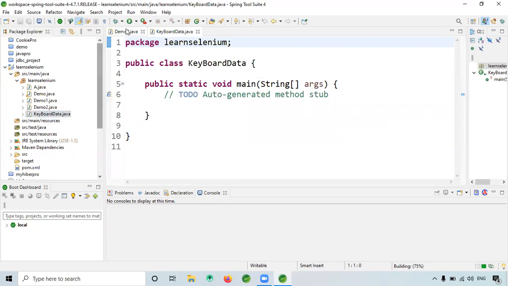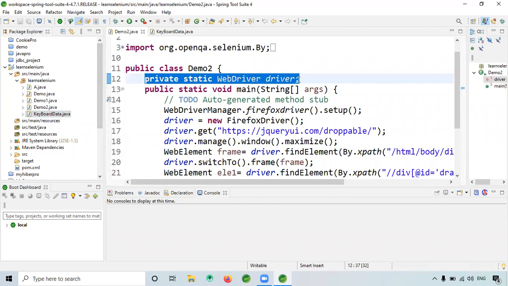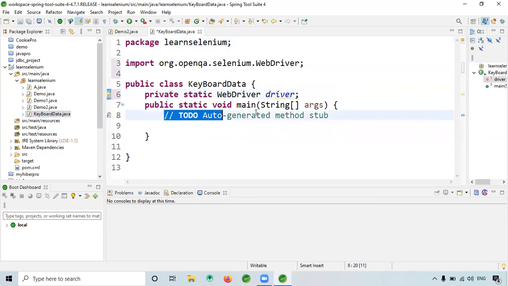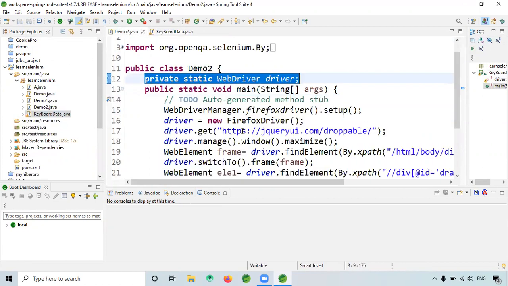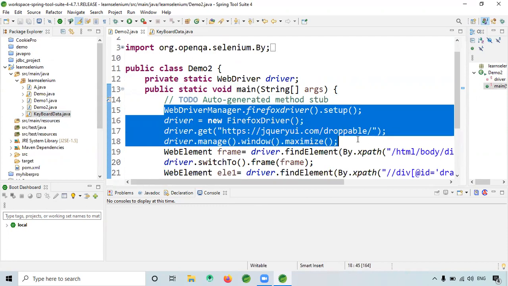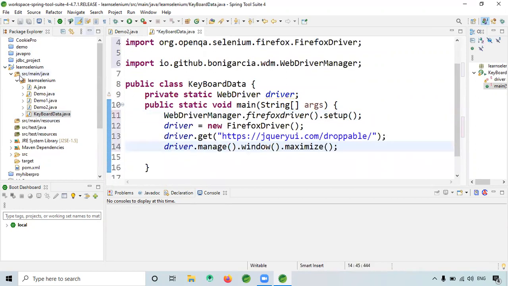For this, as usual, I'm just copying this and pasting it here. I'm copying till here. Now just open Chrome.